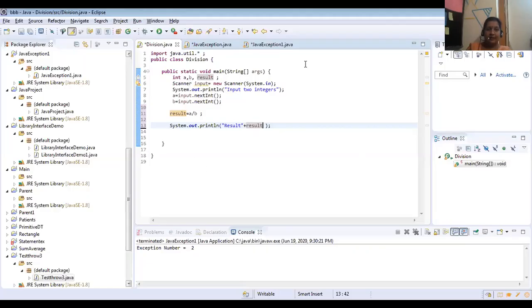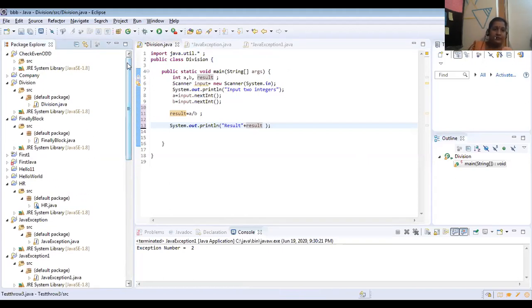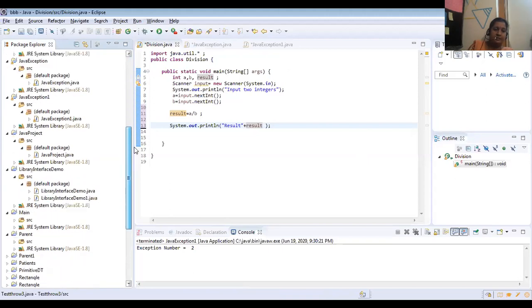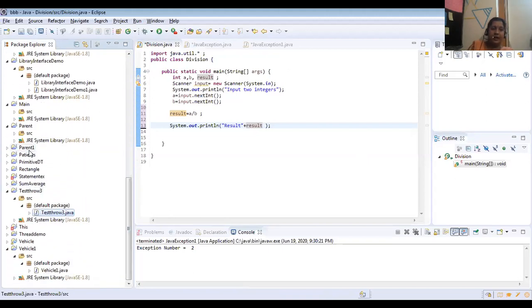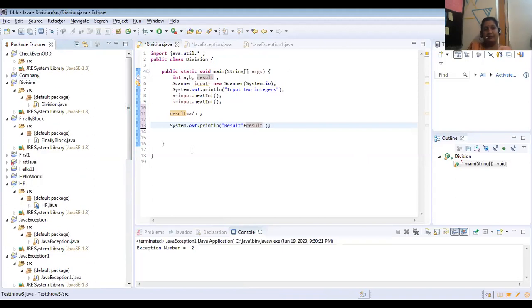Now we will discuss the demo class. Whatever concepts we have discussed, I will explain some programs related to them. I'll share the screen. Here, first program. I have already created a project. You see, in this demo class we have created many programs, class objects, projects, and examples. We have discussed nearly more than 20 programs.